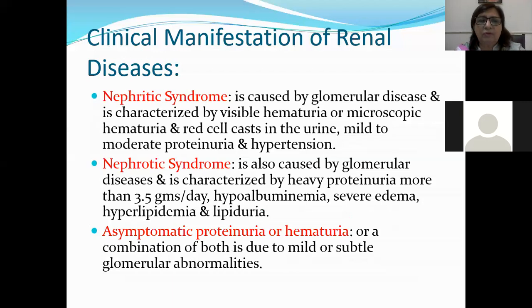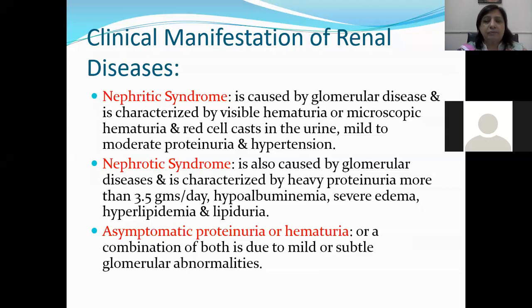This is very important, both nephritic and nephrotic syndrome. These questions are asked in your Viva exam, in your OSPE exam, and in your MCQs, STQs. In Viva it's mostly nephritic and nephrotic syndrome, and their differences are asked from many of the students, if not all of you. Nephritic syndrome is characterized by visible hematuria or microscopic hematuria. Microscopic hematuria means when you do the urine examination, you see red blood cells in the urine, the color of the urine becomes slightly changed, but there is no visible red color in the urine. That is called microscopic hematuria. Then red blood cell casts are seen in the urine, mild to moderate proteinuria is present, and hypertension, meaning high blood pressure, is present in these patients.